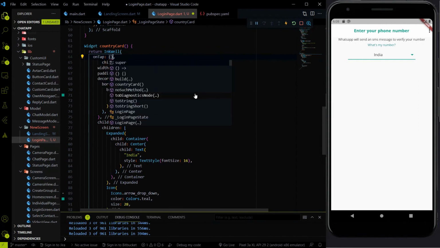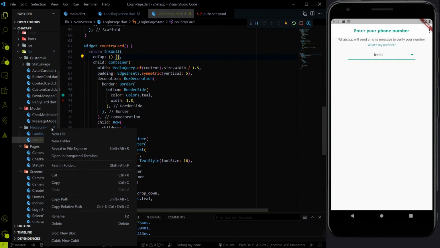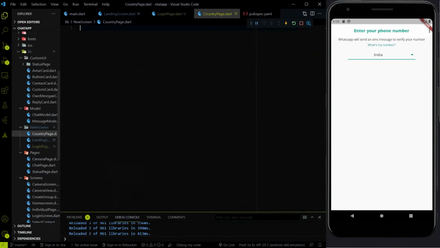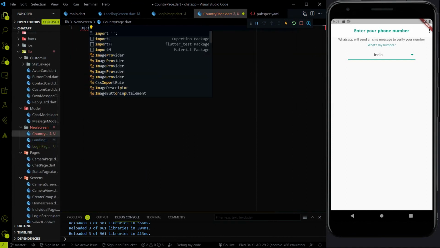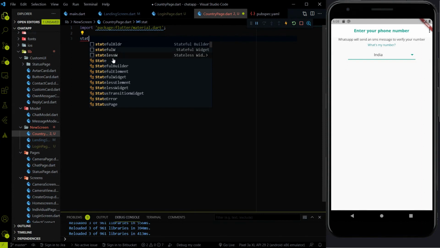Let me first add the on tap, and in a new screen folder, let me create a new file that will be country page.dart. So the country page will be a stateless widget, because we don't have to do much there. So I'm going to make the country page a stateless widget,